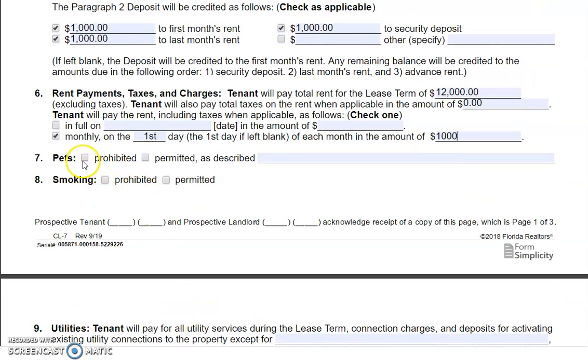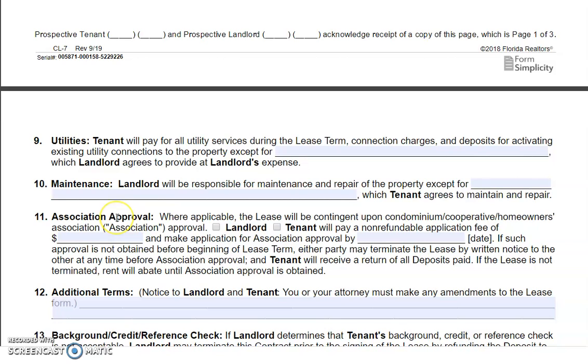Pets, let's think that they are prohibited. Smoking, up to you. Normally we put prohibited if the landlord doesn't want them to smoke inside. Tenant will pay for all utilities during this lease term, connection charges and deposit for activating existing units, except for